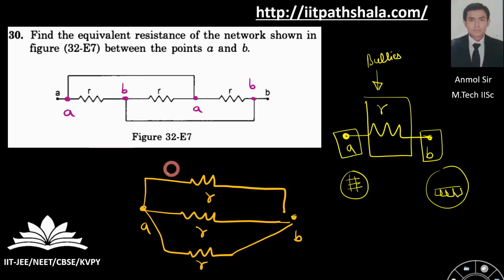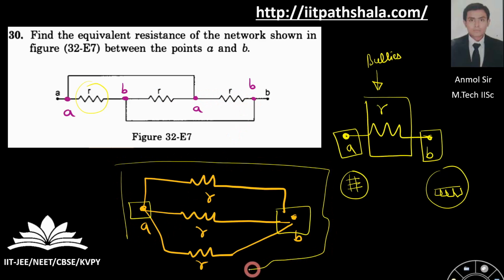Now you have to mark both of the potentials as follows, and mark all the resistances between them. This resistance is falling between A and B, this resistance is falling between A and B, and this resistance is falling between A and B. Just put them as follows and make a net circuit. Now as you can see, all of them are connected in parallel, so you can figure out the parallel resistance over here.